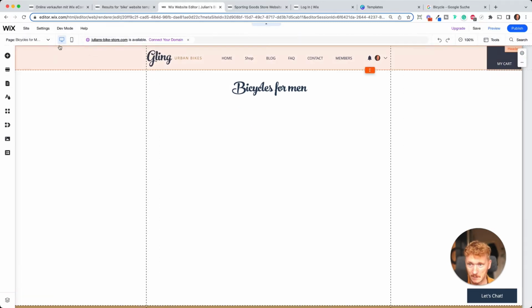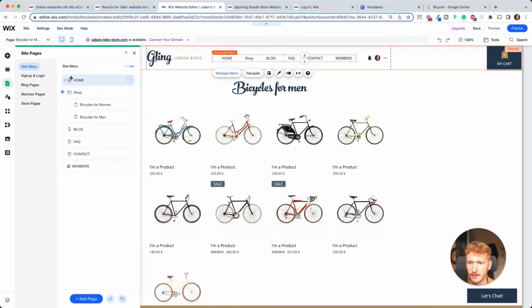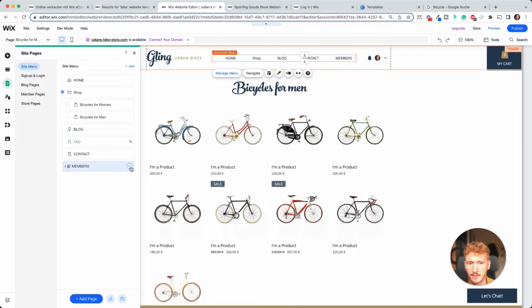So when we go back, you can also just directly click on the menu and say manage menu, and then this will pop up again. And here, for example, if I don't want to have the FAQ page on my top menu, maybe you want to put it in the footer later, then I can just say I want to hide this, and the members page shouldn't be there either. So I can also hide this,